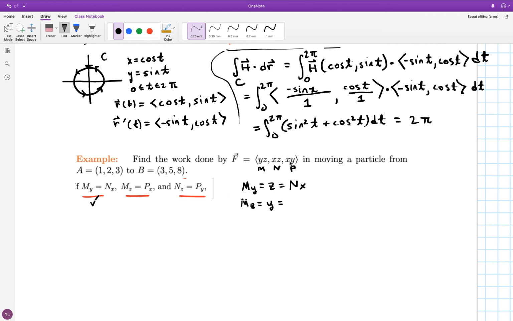And notice that's the same as taking the partial derivative of the p function with respect to x. Okay, so that's checked. And then finally, let's take the partial derivative of the n function with respect to z, and we get x, and observe that that's the same thing as taking the partial derivative of the p function with respect to y. Okay, so in fact, f is conservative,